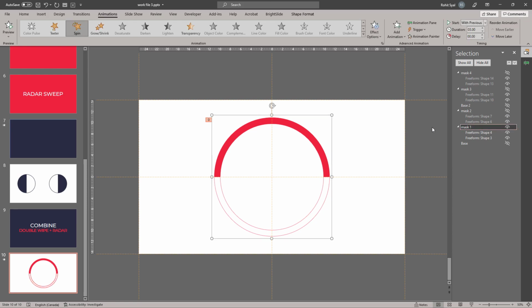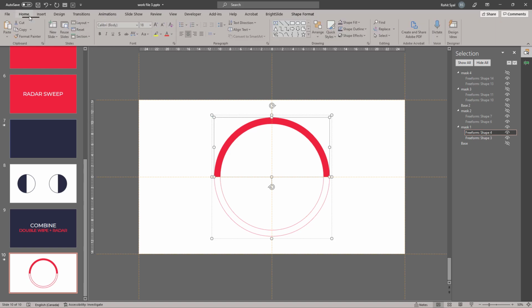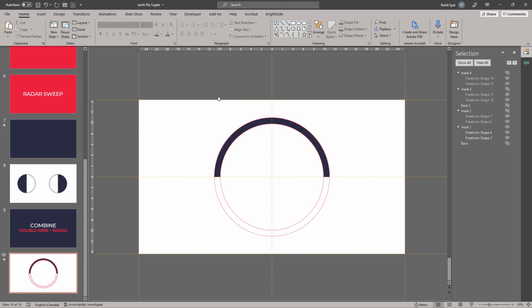We'll start with mask 1. The red will change to blue. And the outlines as well. Instead of the red outlines, we'll use blue outlines. So let's make sure to do that to all our masks. So then mask 2.